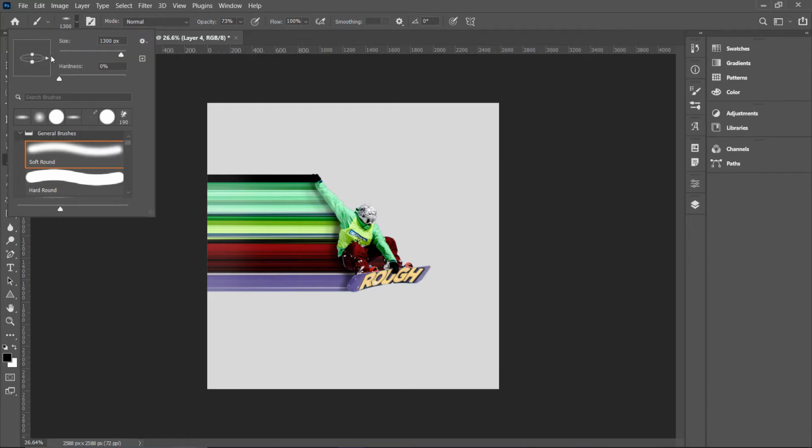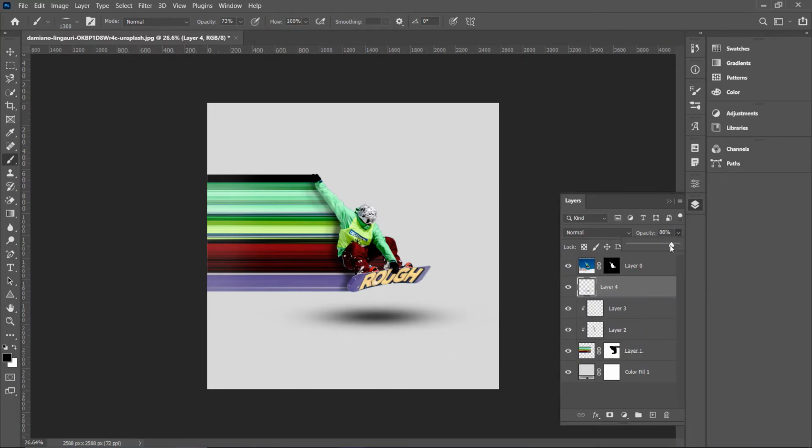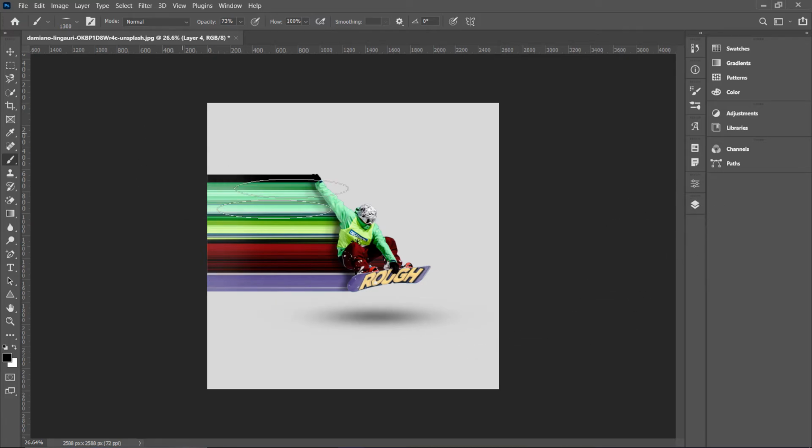Maybe a little more we have to do, just like this. It's totally up to you, you can choose whatever suits you. Just dab and this will create the same effect. Just play with the opacity and you get the same result.